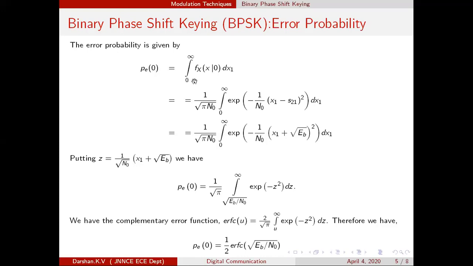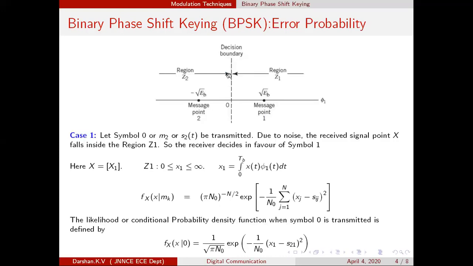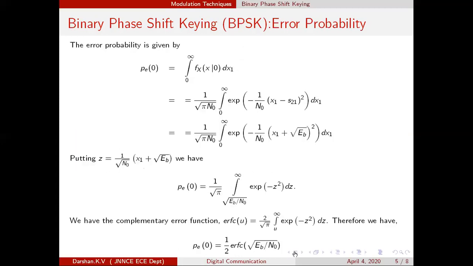So it is equal to integration. So how to calculate the probability? Just observe, integral of, don't worry about the limits currently, integral of fx of x given 0, you know what is this 0, 0 or m2, into dx1. Why dx1? You also know this. You can write it as dx also or dx1 also. That doesn't matter, because x contains only one element, therefore you can write it as dx or dx1. Nothing happens. So this is how you are supposed to find out the probability of error.